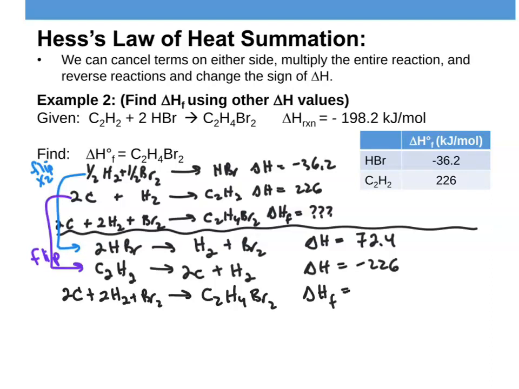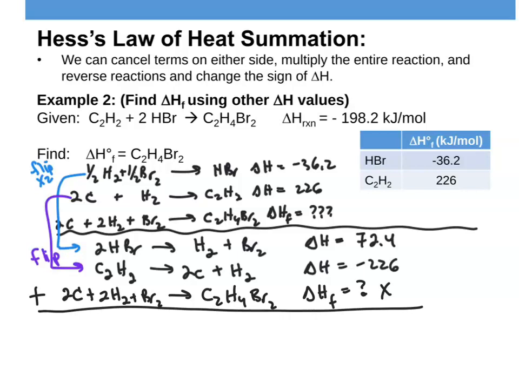But again, right, the idea is that I don't know what this is. You can put a question mark. You can put an X if you like to solve for X. But I do know that if you add all of this stuff up, right, this is Hess's law of heat summation, if you add all this stuff up, you can just double check that the right things cancel out, right? So it looks like I have,